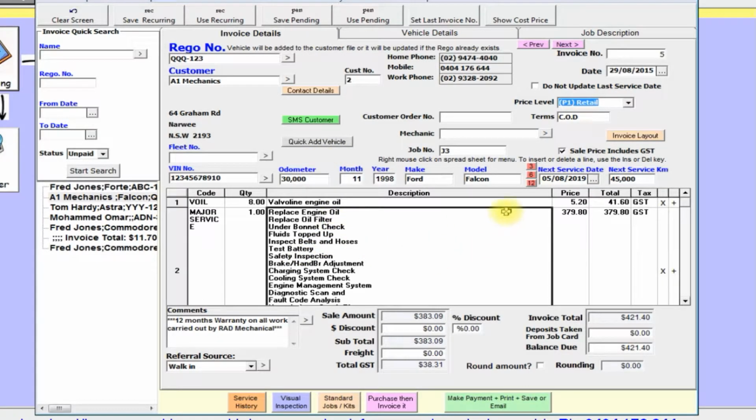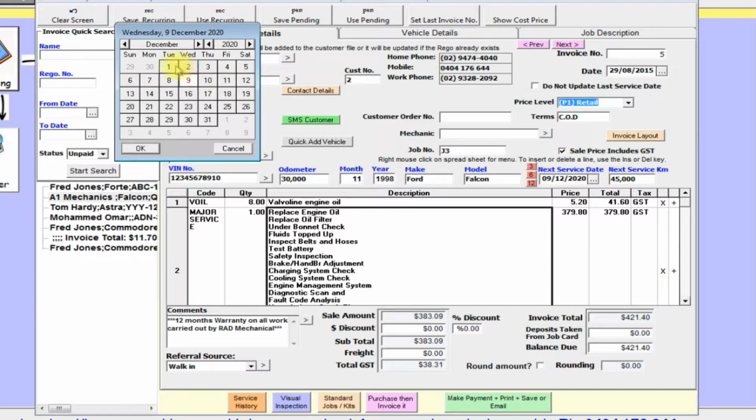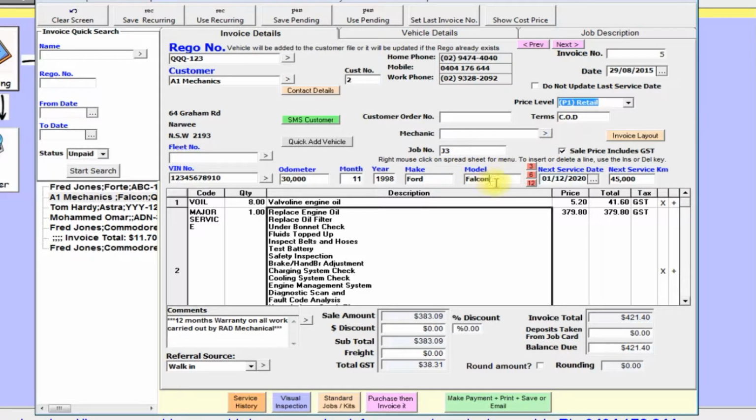So when you're doing an invoice, all you've got to do is put the next service date in here. You can just click on 12 months, 6 months. I pop the 12 months, I'll put 12 months from today, 6 months. Or you can bring up the calendar and just select the date. Okay, that's all you've got to do. So when you save the invoice,